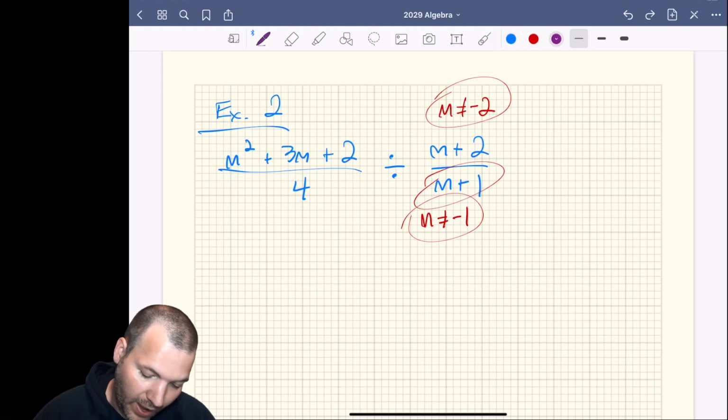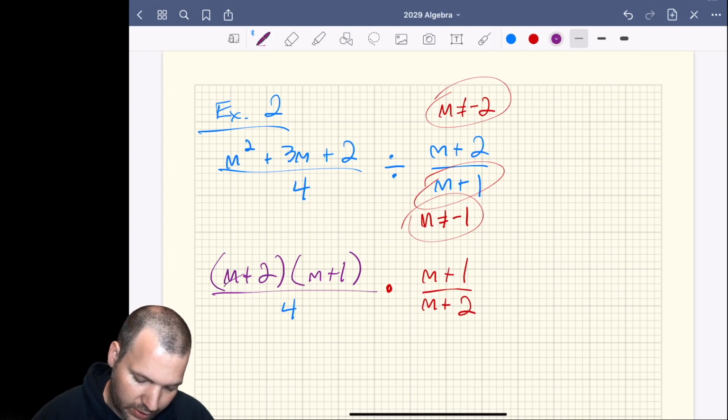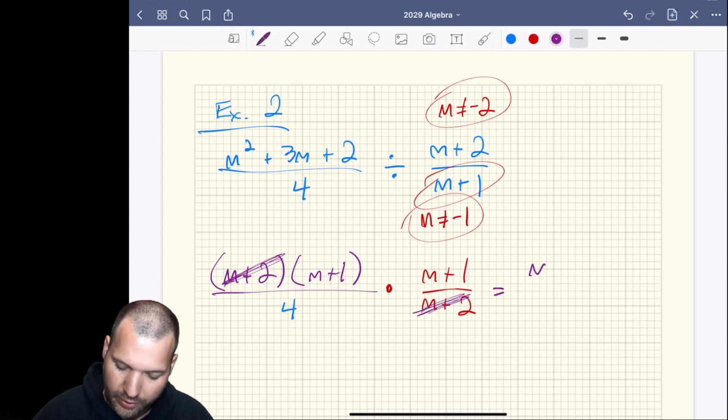Otherwise, let's go ahead and factor this. Two numbers that multiply up to 2 but add up to 3 are 2 and 1. So that's how that factors. The 4 stays a 4. Our division we want to turn into multiplication, and of course we want to flip that upside down. And when we do that, we can see the m plus 2's cancel,